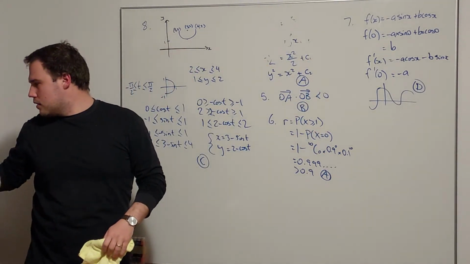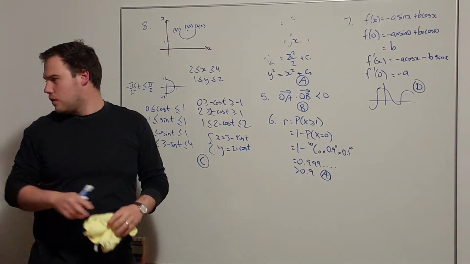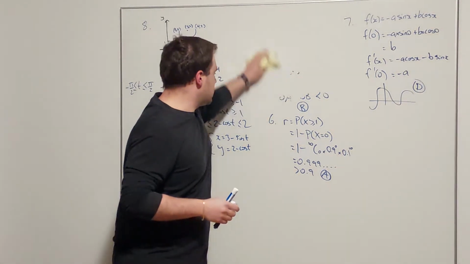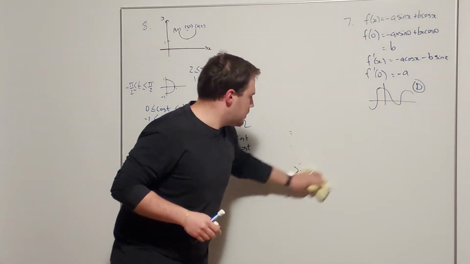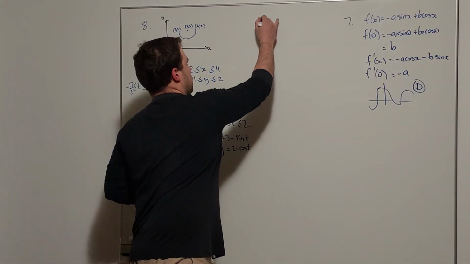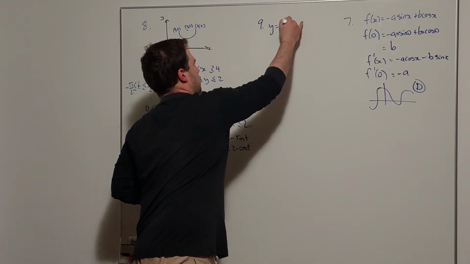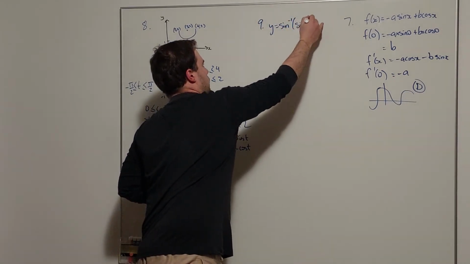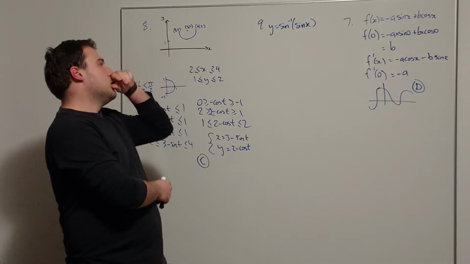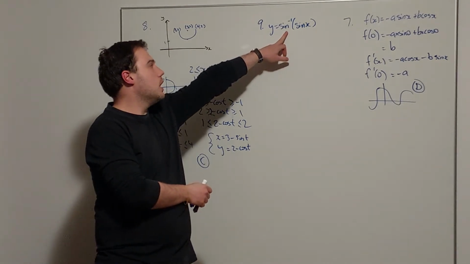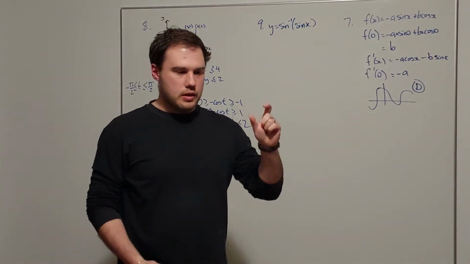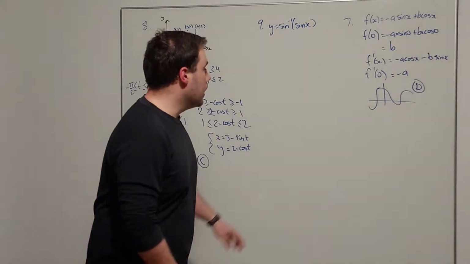All right. Question 9. Which graph represents the function y equals inverse sine of x? Okay, so for inverse sine or arc sine of x, we need to take input values from -1 to 1, and sine